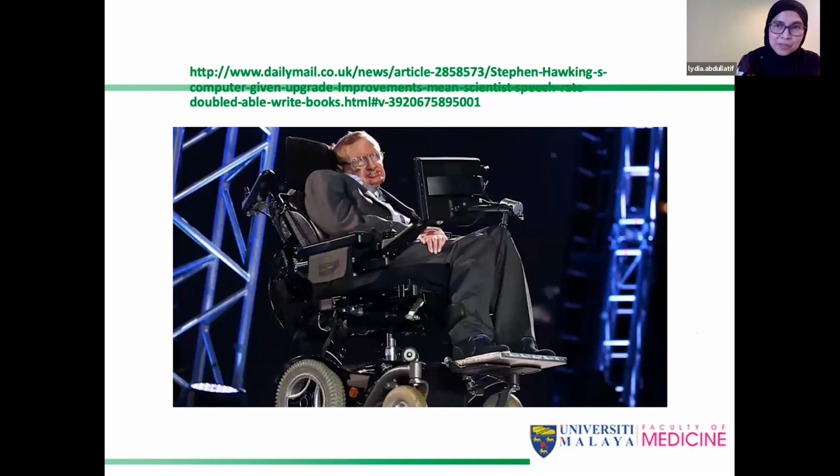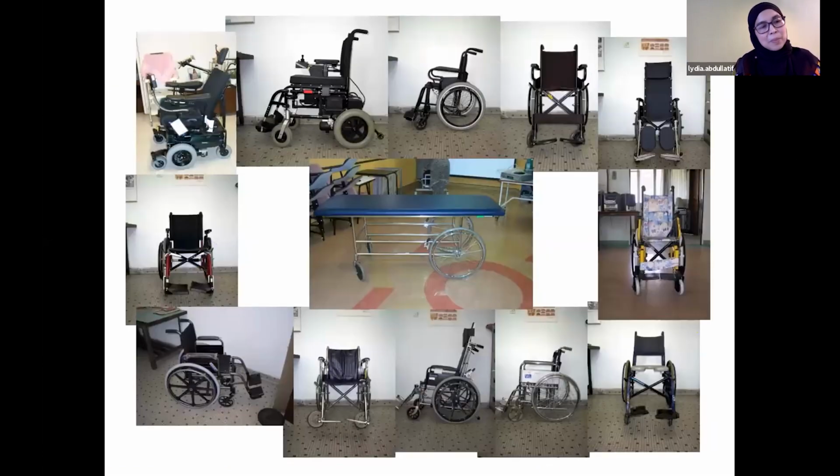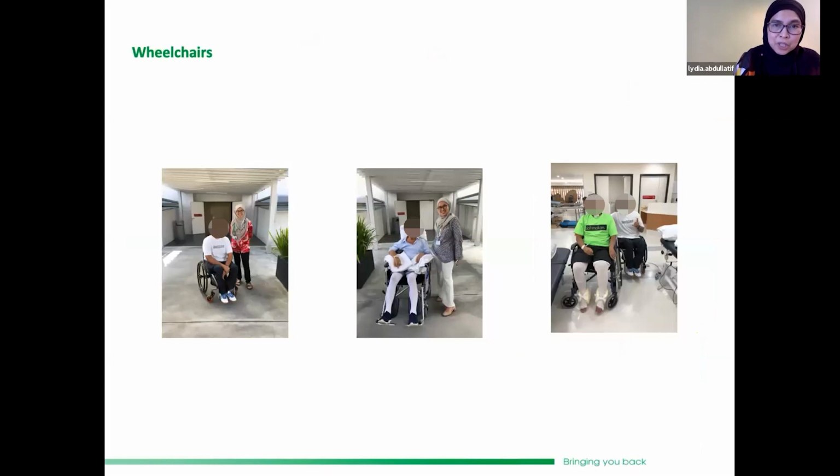You can see how fancy his wheelchair is with a lot of gadgets. So there are actually many types of wheelchairs. All right. So we need to see the right wheelchairs. So the thing that will help you to decide would be the patient's condition. What are the indication for the wheelchairs? What are the type? What are the size? What are the requirement? What are the function of the wheelchairs? All right. You need to suit the size of the patient so that it can fit them nicely. All right. And it's safe for them to use.